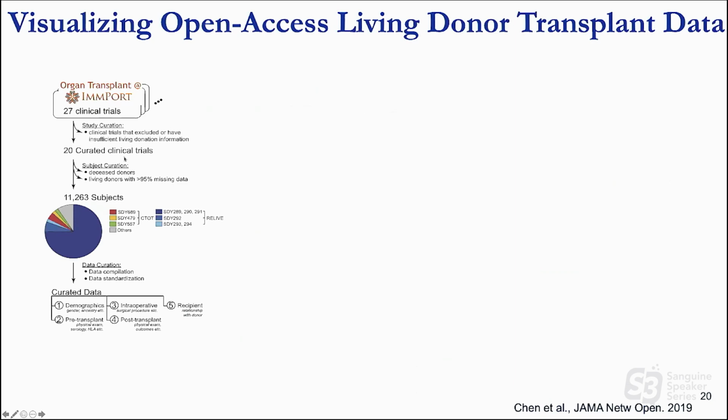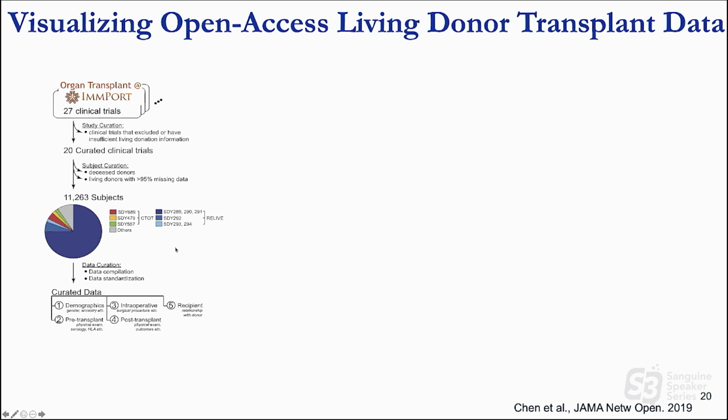So we curated 20 of them, and there were some selection criteria. We didn't include the deceased donors. We were only looking at the living donors. And then we took the data with more complete data, and eliminated where we didn't have enough data. So with those selection criteria, we were left with about 11,000 subjects, and as you can see, these data